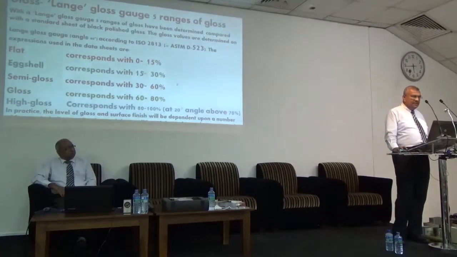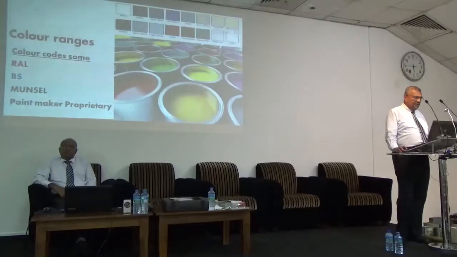So when you are selecting a paint, you will see the primers are flat, the intermediates are eggshell or semi-gloss, and the finish coats are semi-gloss, gloss or high gloss. But it doesn't mean that always, sometimes there are areas where people want eggshell as a finish coat. There are instances. So when you go to the market, now you have Dulux, Nippon, Sigma, and everybody.